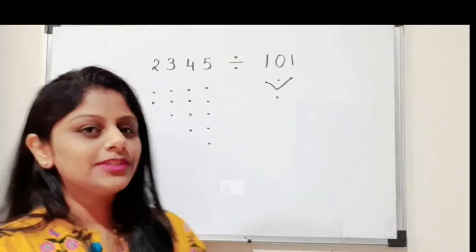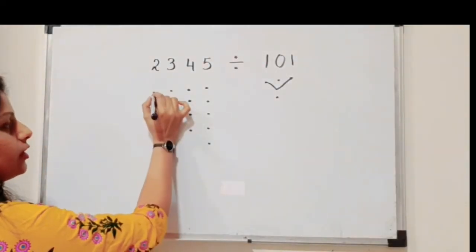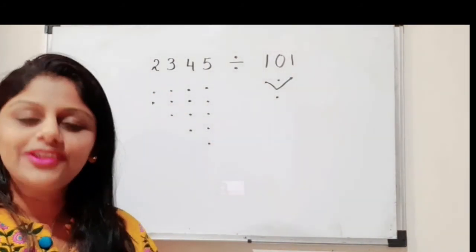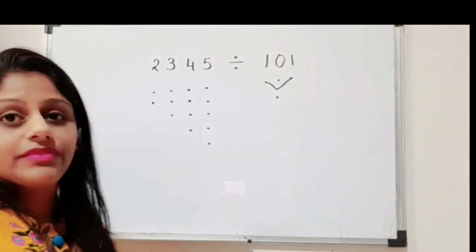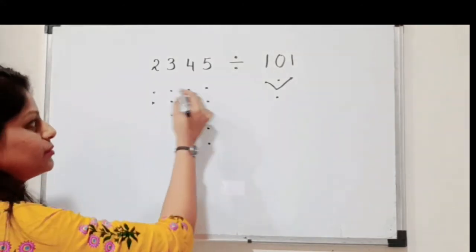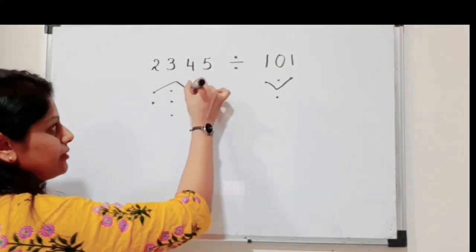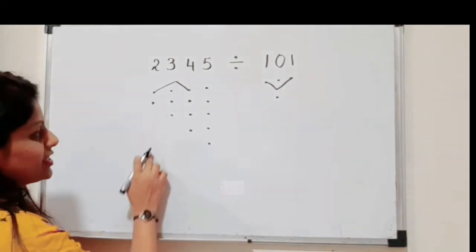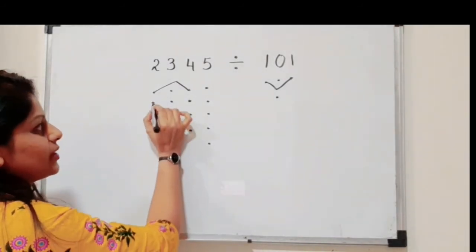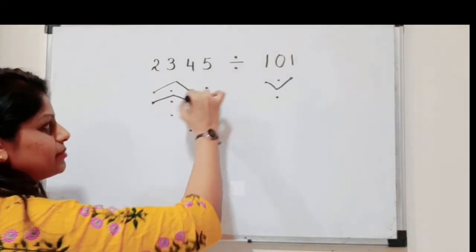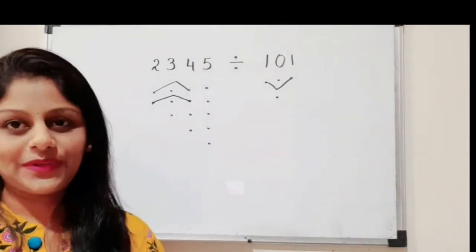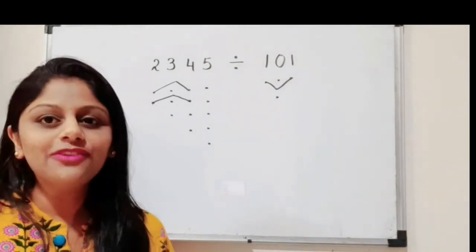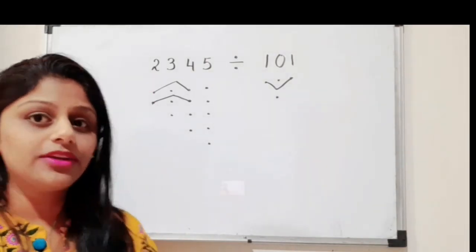So let's start joining the numbers. In the first column we'll take 1 dot. Then the second we will not take any dots. We will just leave that second column, ignore that, and move to the third one. So we will have something like this. This is our 101. Again in this first column we have 1, yes. We will ignore the second and move on to the third column. Okay, so I hope this was clear. Now the first column has got finished. We have completed all the dots in the first column.